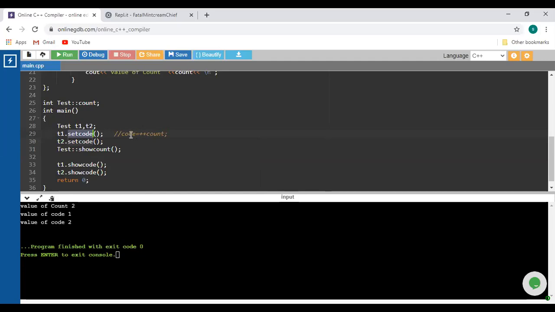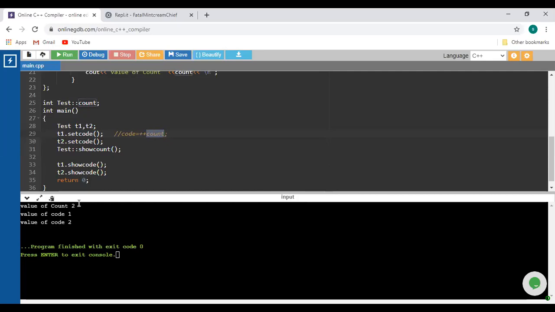So t1 dot code is nothing but 1. And when we call t2 dot set code, in that case this count variable is the static variable. So it uses the previously generated or latest value. The previously generated value of count is 1. So it will increment that value by 1, meaning the value of count is 2, and it will assign it to code. So for the t2 object the value of code is 2.